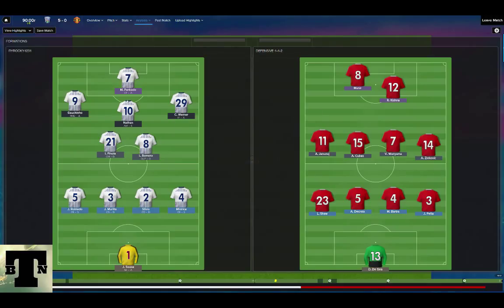Okay, so when I used the shouts, more direct passing, I didn't want to use work ball into box because there's no point. We need the ball to move really fast. I don't need cutbacks. I need crosses. I need the ball to be played into space behind players and across the lines, and that's why I went to more direct passing and pass into space. Now, they potentially can dismantle your system if you don't know what you're doing. More direct passing and pass into space can make you lose possession. The reason why I was confident about it was because we were already having a lot of possession. So this was a pretty good game.